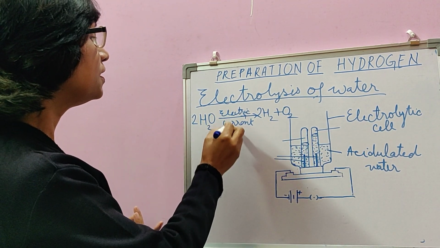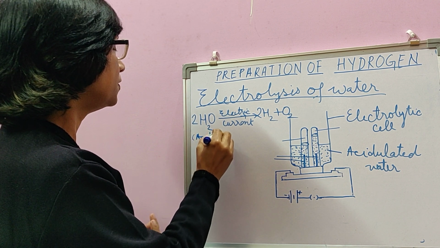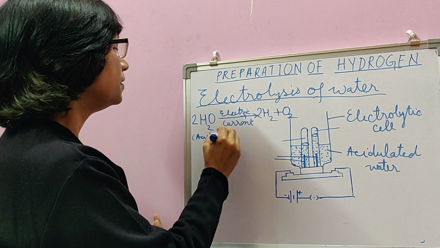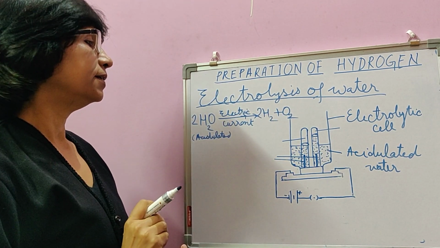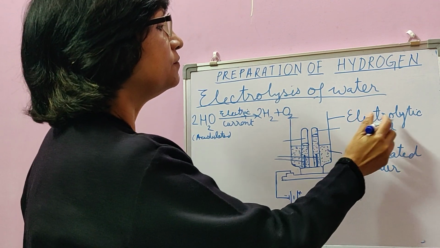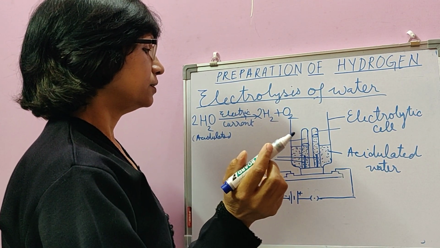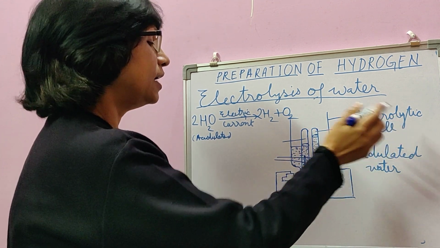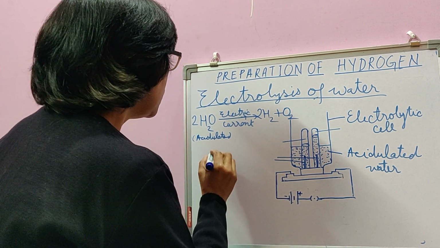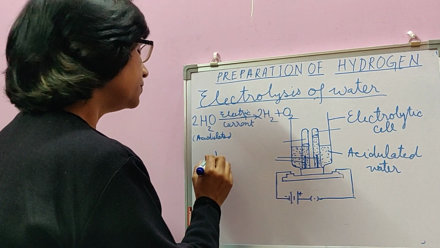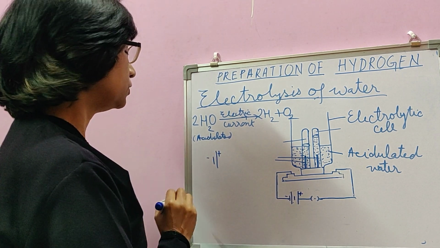So when electric current is passed through acidulated water, then it breaks down into hydrogen and oxygen due to energy of electric current. The specially designed apparatus, as we discussed, is said to be electrolytic cell, in which we fill acidulated water. This inverted electrolytic cell is connected to battery. This small line and big line is the symbol of cell. The smaller line is for negative terminal, bigger line for positive terminal.